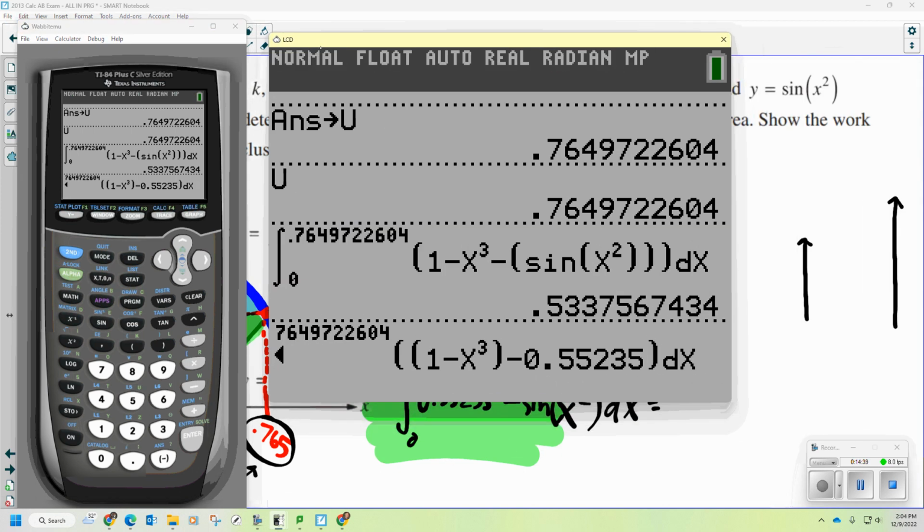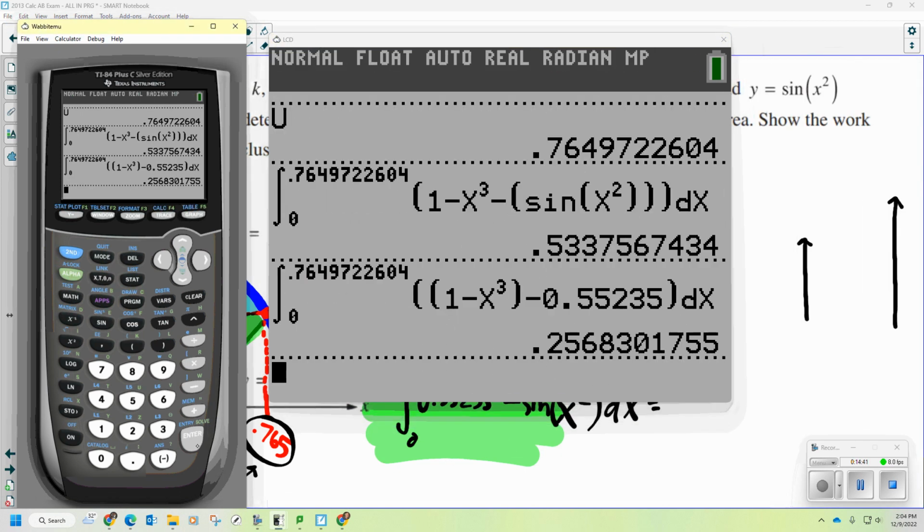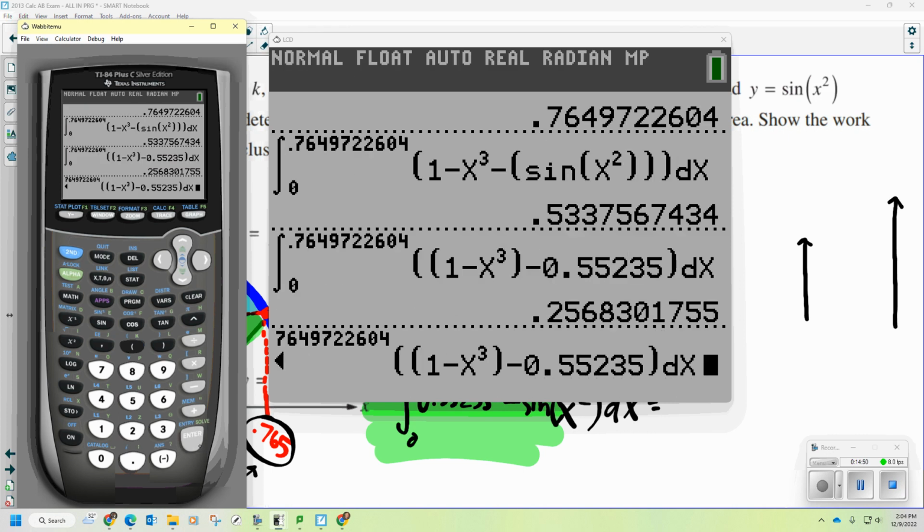Now I'm going to bring this over here so we can see it. All right, so that's what I'm going to do. I'm going to hit enter. I got 0.25, I don't know, 7. Now I've got to do the same thing. Okay, and again, I'm going to be a cheater. Put this in, but this time,